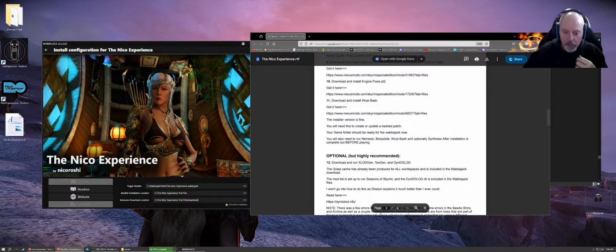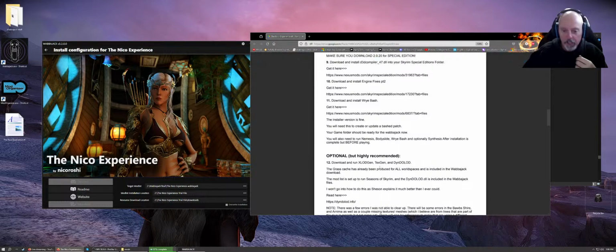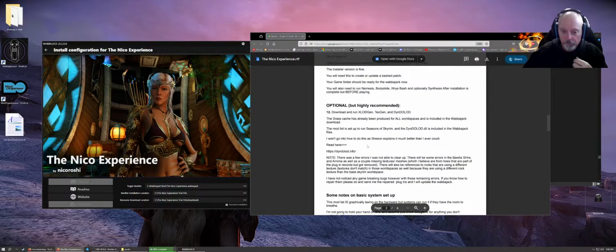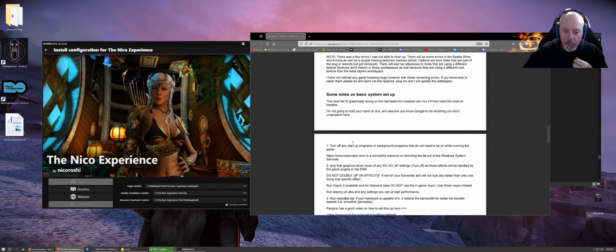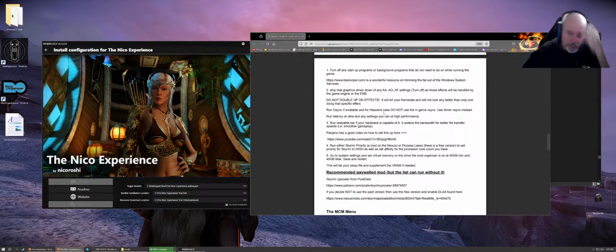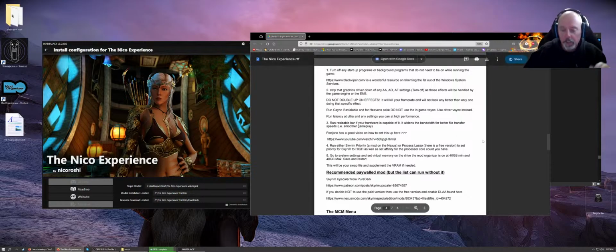And then this is optional but highly recommended, running XLoGen, TextGen, and DynaLOD. Okay, yeah, I really expanded on the README since the last time you read it, Ireshot. I've added in a lot of stuff. There are some errors that will come up, and then I go into how to pretty much set up your driver, your Windows,